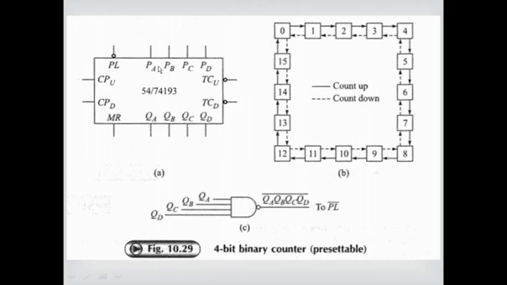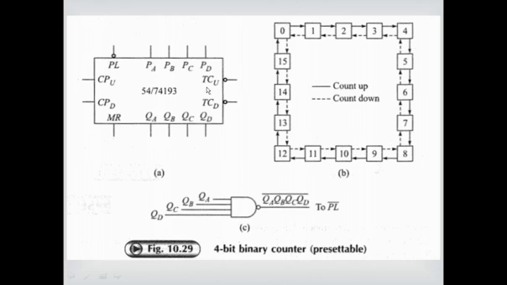Remember, these are the data inputs PA, PB, PC and PD. This is the pin utilized for data inputs. PD is the MSB and PA is going to be the LSB. So when this parallel load input is activated, whatever data is at PD is going to be transferred to the flip-flop output QD. Data present at PC will be transferred to QC. Similarly, data present at PB will be transferred to QB, and data presented at PA will be transferred to QA. So, this way this IC will work.